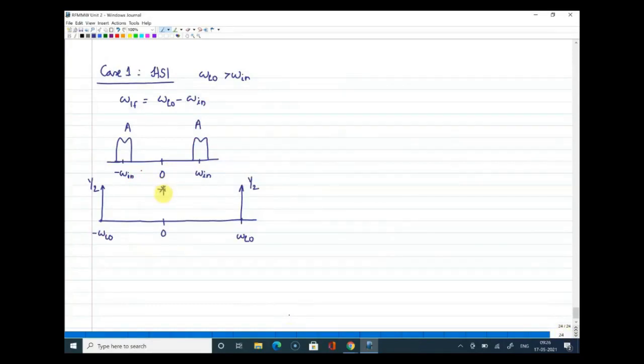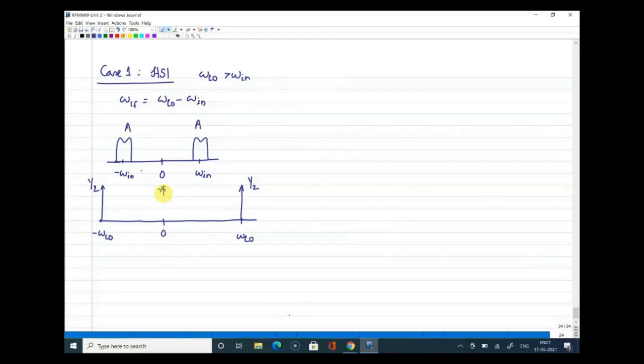Now what we are interested in is the frequency components at the I arm, the upper arm, where your signal is getting multiplied with cos omega LO t. As a result of mixing, you will get sum and difference products, and we are interested only in the difference product because we are translating the RF input to a lower frequency, which is the intermediate frequency. All right. So what will happen when you perform convolution here between your input signal and your cosine wave, which is at omega LO?